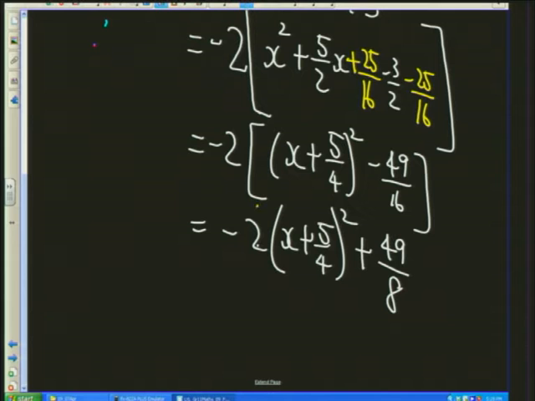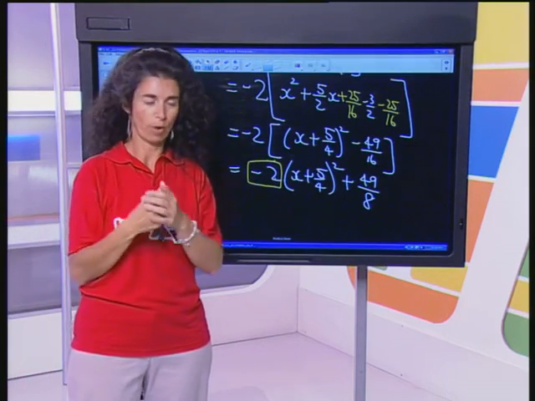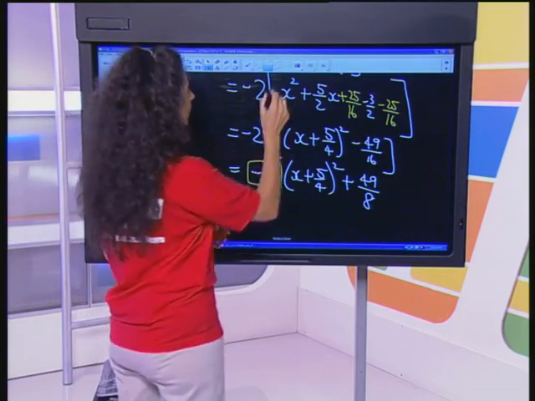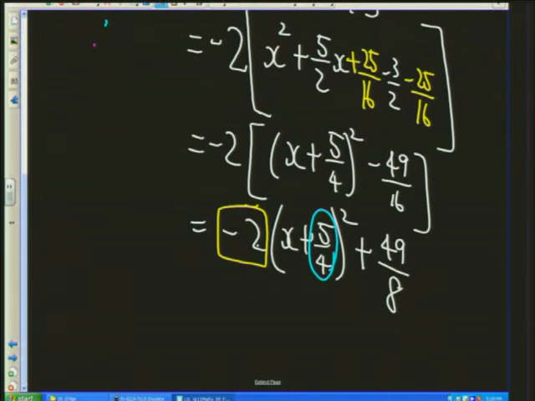The coefficient of the bracket, I haven't discussed it with you, but the coefficient of the bracket is the same as A, behaving like last year. It will stretch the graph or compress it, whereas my P is the value that you're adding to X, and Q is the value that you are raising the bracket by. So, do you agree that in this case, P is negative 5/4, because how do I zero this? Minus 5 plus 5 is 0. And my Q value is